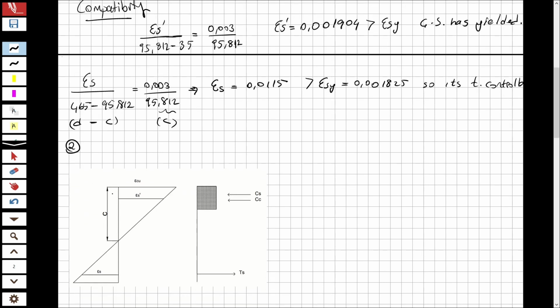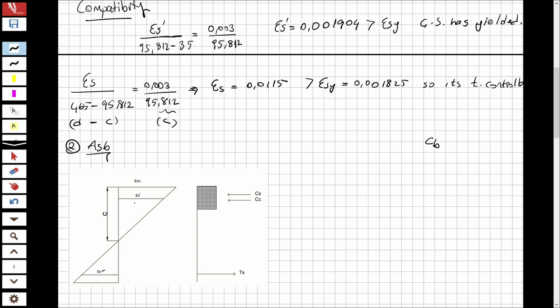For the second part, it asks to find the balanced steel area. How is it going to be found? I'm going to make the same compatibility, and I'm going to obtain it. So now I don't know the neutral axis. I told you at the beginning of the question that the neutral axis is C, okay? But now I need to find the CB. So I'm just going to deal with this one,